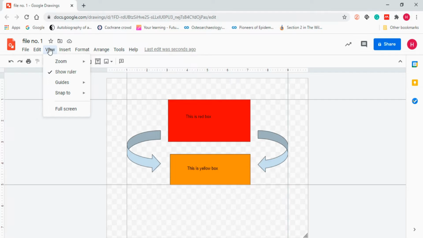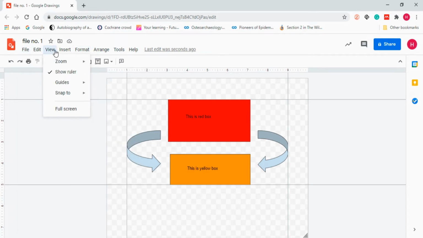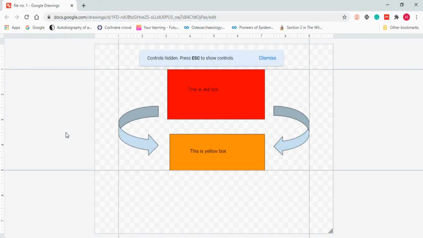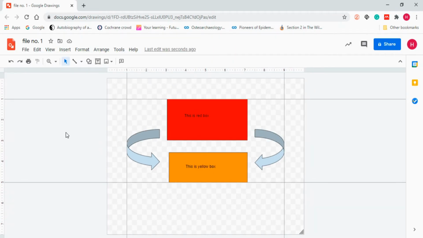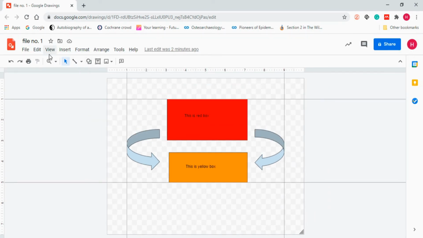And in the end, we have the full screen option. If you do not need all these things that are visible to you, the files, menus, toolbar, you can click on full screen and you will be able to see something like this. If you want the controls shown again, you just have to press Escape and you will be able to see the controls that were visible earlier. In full screen mode, you won't be able to see any features, that means the controls available in the toolbar. You can dismiss this and after that press Escape. Now you will be able to see these features.